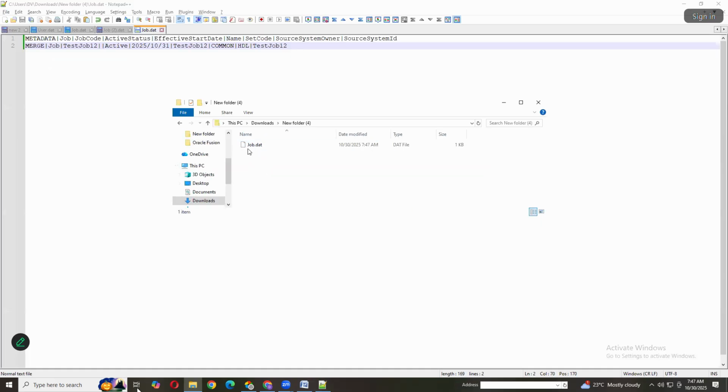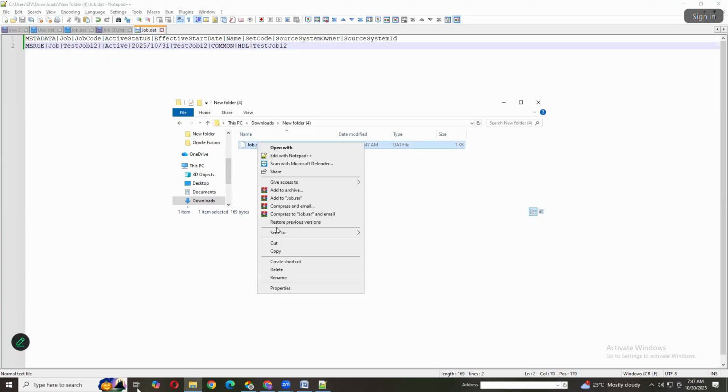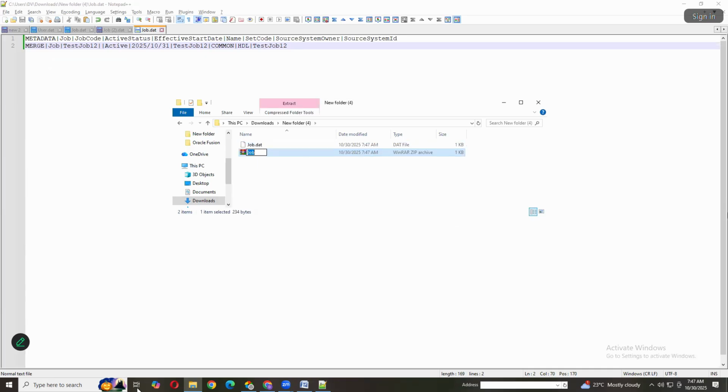This needs to be compressed first. So right click on this, send to compressed folder. Name this as, it is a free text. You don't really need to have any convention while naming this. I'll name it as import one,